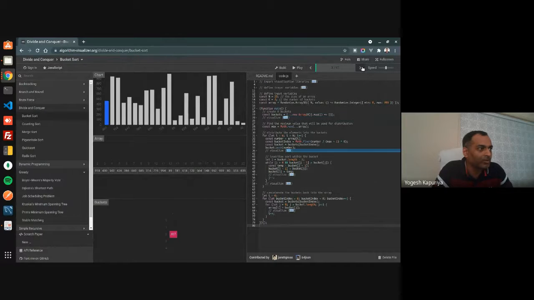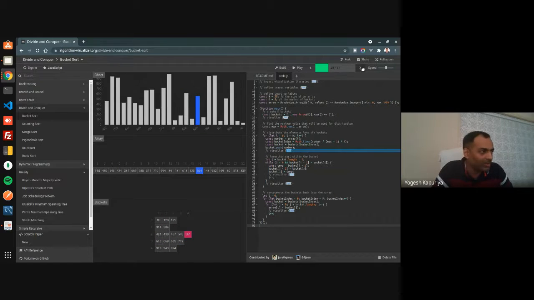The first number is 467. This is how it will be put in various buckets, and you can easily understand how the data is being sorted.